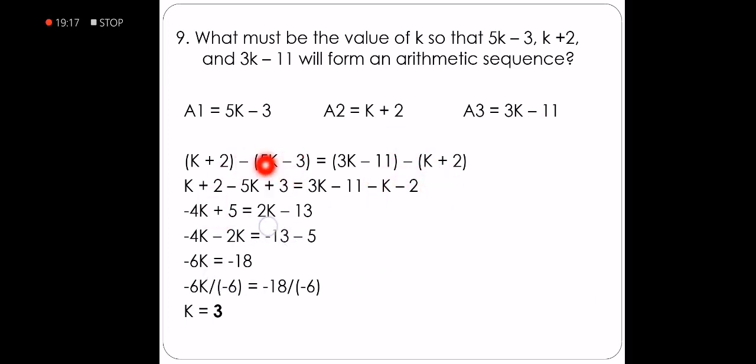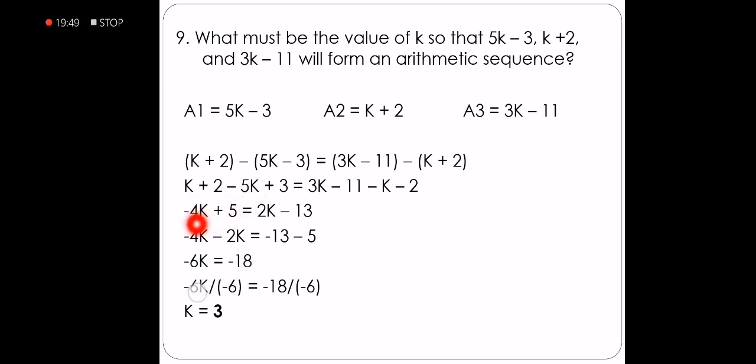So, ang una nating task ay aalisin natin lahat ng naka-open and close parenthesis. So, k plus 2, didistribute natin yung negative sign. So, minus 5k, negative times positive, we have positive 3 equals 3k minus 11. Distribute lang ulit natin yung negative sign. So, we have negative k, negative times positive 2 is negative 2. Okay, so pagsasama-samahin lang natin lahat. So, k minus